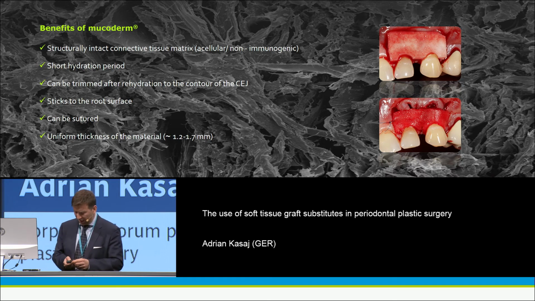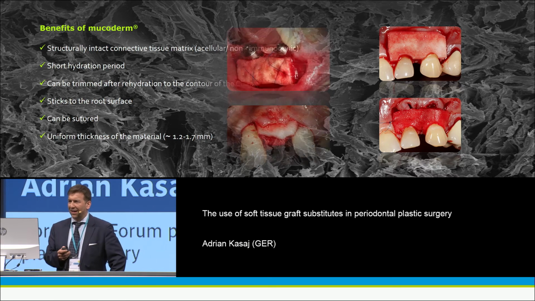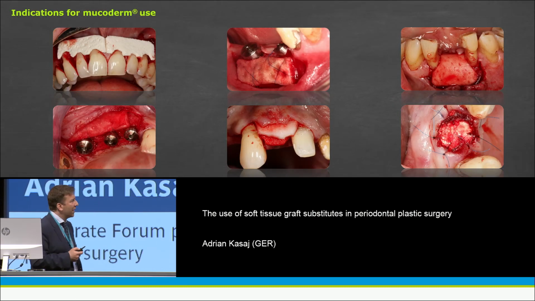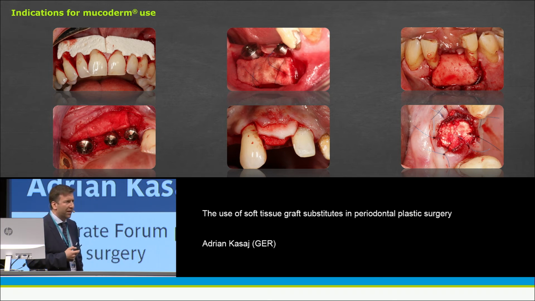This is actually the optimum thickness, which is today actually propagated for the autogenous grafts. So here are the different indications I see for the use of the Macadam Matrix. Most experience I gained by using it for recession coverage procedures, but one might also think about using it as